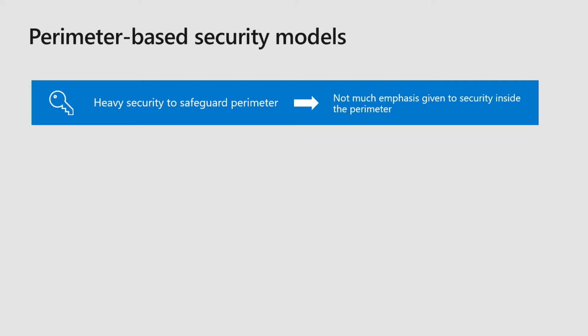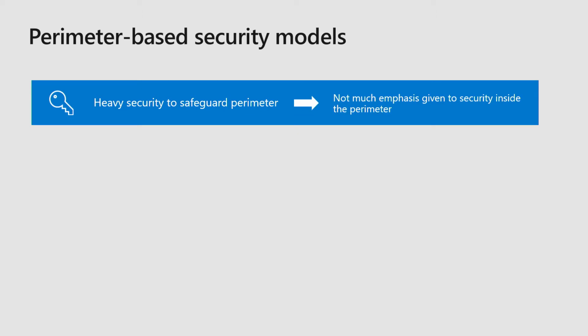The issue with the perimeter concept is it's really built on an old threat model, built in the day of worms, right? Although WannaCry is a slight counterpoint to that, it was built in the day of worms where the biggest threat was things coming into your network from open ports. Not to say those don't exist today, but if you look at how networks are actually being breached, if you look at the DNC, if you look at some of the large retailer hacks, really the way those are being compromised is not by network traffic coming inbound, but email attachments, URLs, the kinds of things that are not actually addressed by perimeter security controls.